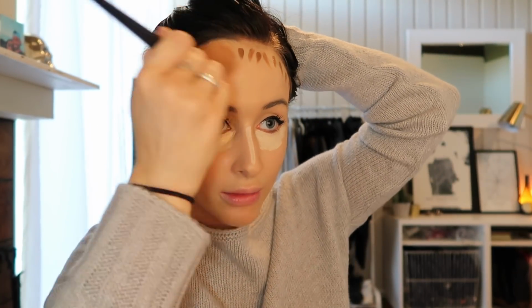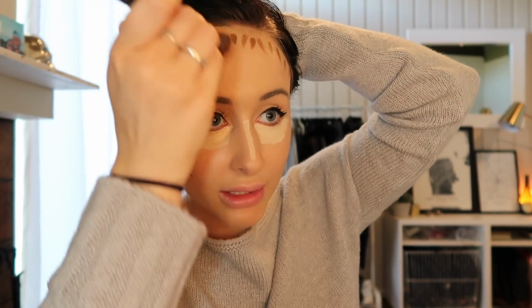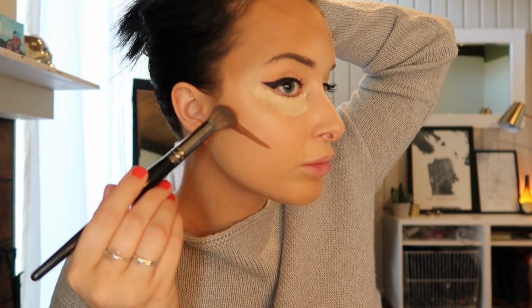So what I'm doing now is I am barely pushing in, because what you don't want to do is separate your foundation by pushing your contour in too hard, blending it in too hard and separating the color. Ooh, this looks really dark on camera. Don't freak out. I promise in person, and by the end of this, it's all blended. And then I just push in the product, tapping it in. And then for the cheekbones,